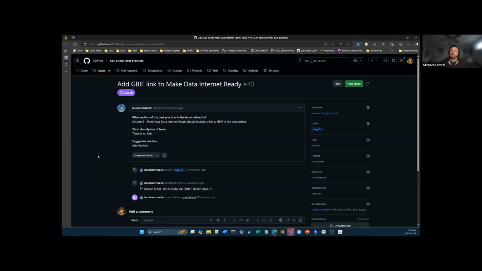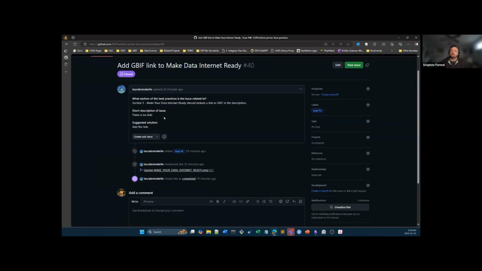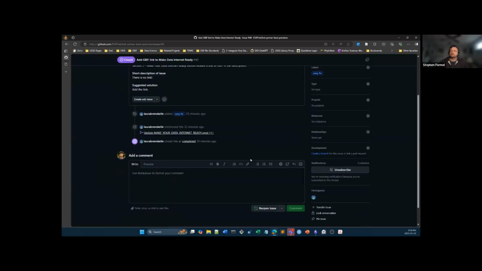And so I wanted to highlight a couple of things. First is, this was just the issue that Laura created, no big deal. She added, and then so you can now see that process going through it. So she said she added a label. She mentioned this in this pull request, and then you can see that she closed it as completed 19 minutes ago. So that's one of the ways that you can just see, again, sort of track your work backwards.